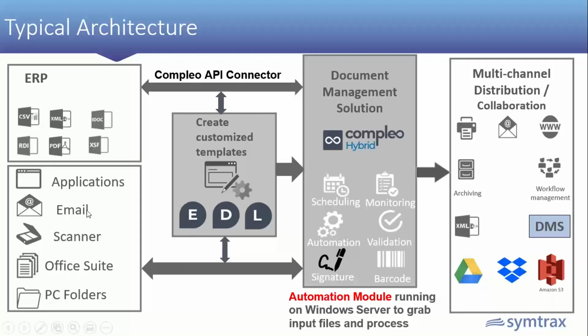In the second box, you can see if you want to take the data from your applications, we can take that as well. We can use an email connector to capture incoming attachments, or we can use a manual approach or an SFTP approach to capture the document in different ways.